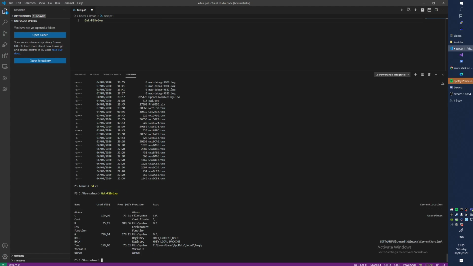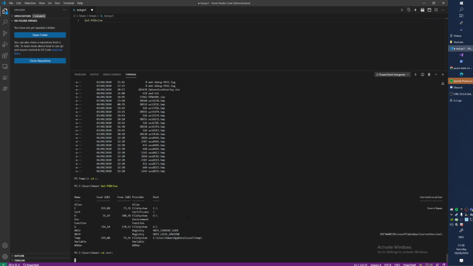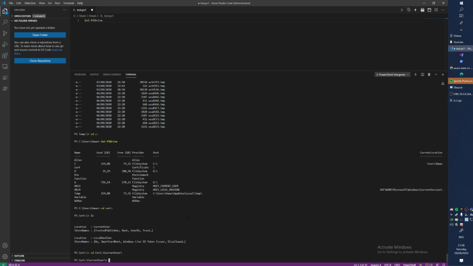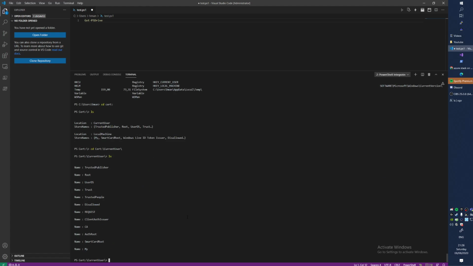Let's see, and we have the D drive and the C drive and the G drive. Those are the normal file system, you see, FileSystem. It's not very interesting. It's just your C drive or your D drive. Then we have the certificate store. That can be interesting. So we're going to inspect that a little bit, and inside of that you have the current user. So if you cd to the current user, you come inside of your own